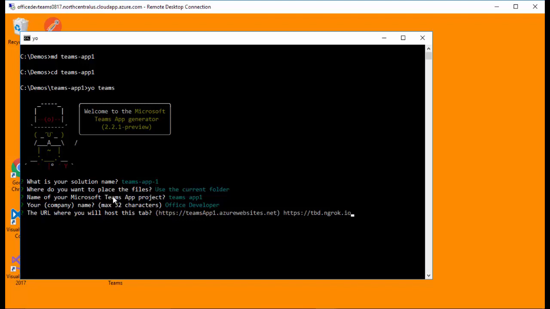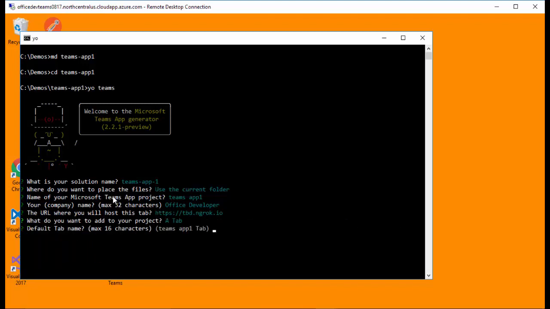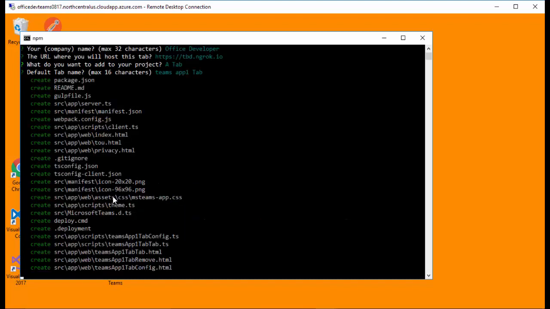For the URL that I will host this tab, I see I'm putting in a value that says TBD. I don't know that value yet. I'm going to use the ngrok tunnel to do that, and I get the URL when I invoke the tunnel. So for now, we'll just leave it as a placeholder. I'm just going to do a tab for the moment using the default name, and now Yeoman has created the